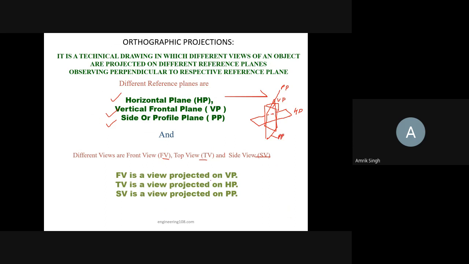Now front view, and suppose an object is there. If I take a simple object, let me draw it. Suppose this is an object.